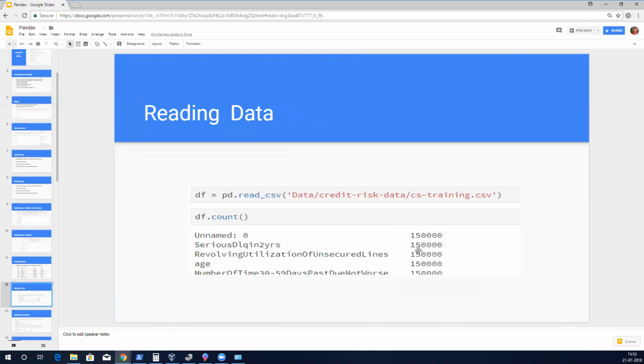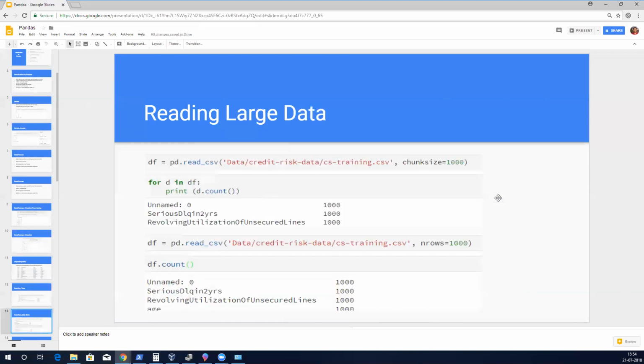This is actually 1,50,000 rows of data. Imagine it is 15 lakh or 1 crore 50 lakh rows. This line would not be possible to execute in that case. It will throw a memory error, not able to allocate, out of memory actually. If you mention nrows 1000, you get the first 1000 rows. This is what you do when you want to see the data. The first 1000 rows are enough for understanding. You don't have to load 20 GB.